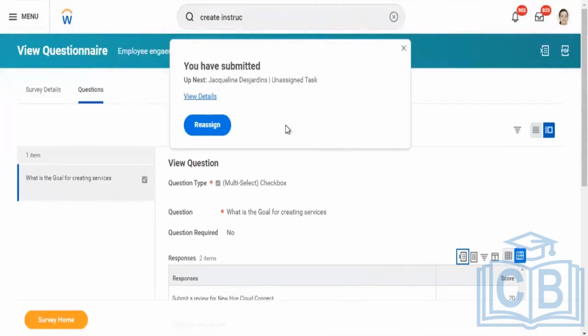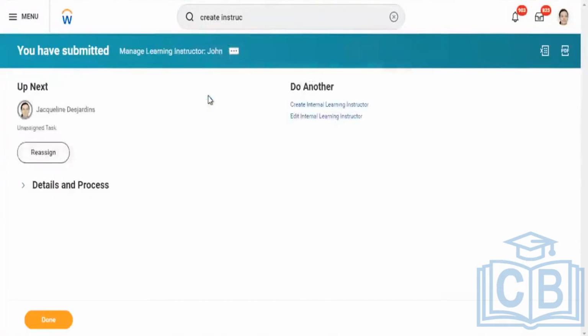Once you submit, based on the business process, it goes to approval. My learning circle is one of the flows that goes to approval.